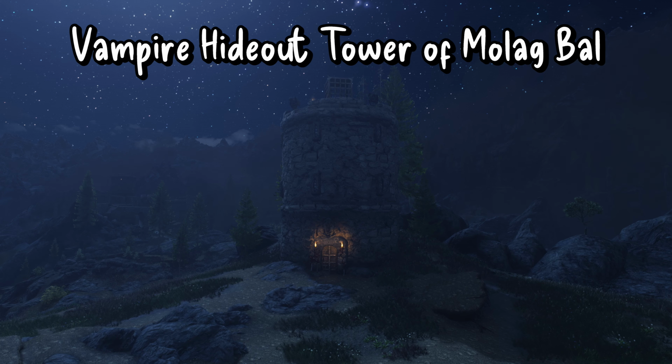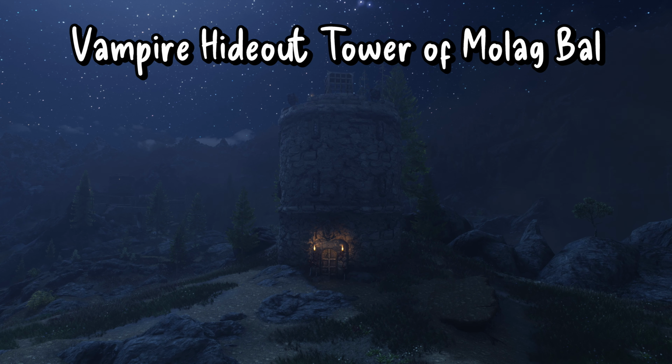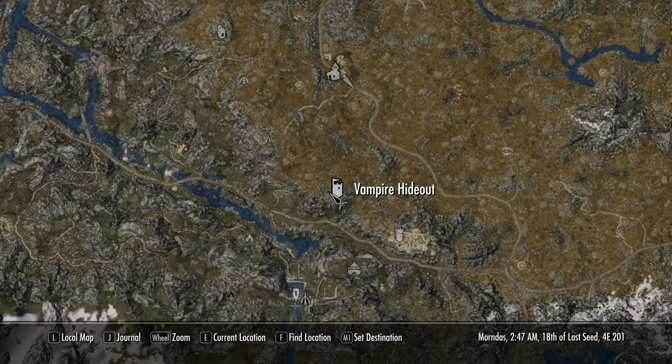Today I'm featuring Vampire Hideout Tower of Molag Bal by Michael Dova. Let's check out the map. Here we are at Vampire Hideout Tower. We're near Rorikstead, Fort Sungard, Hindraheim, Bard's Leap Summit, and here we are again at our featured home, Vampire Hideout